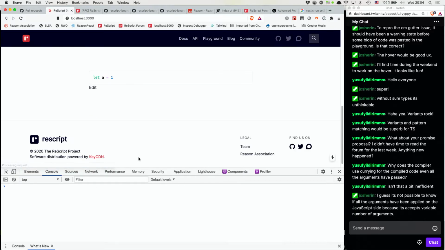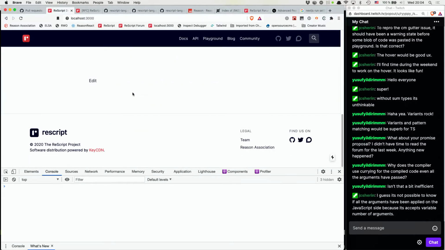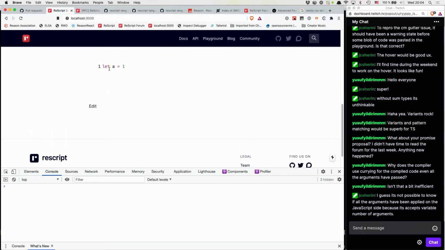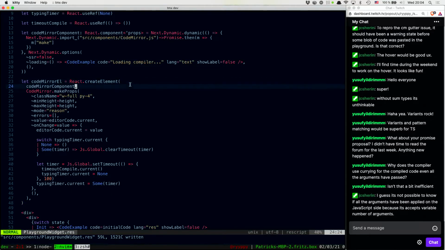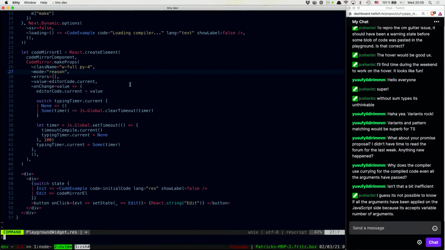Okay, reload this whole thing. Press edit, loading compiler, and then it loads it. I don't like this at all, because it's kind of resizing. Do I need these values? I don't need these. So if I apply the height onto this fella,